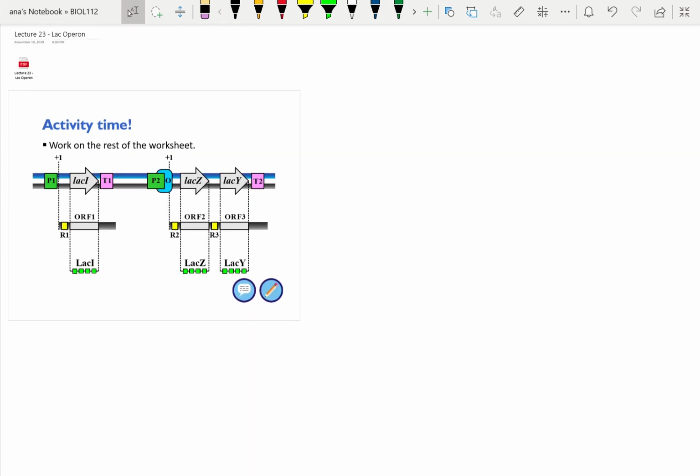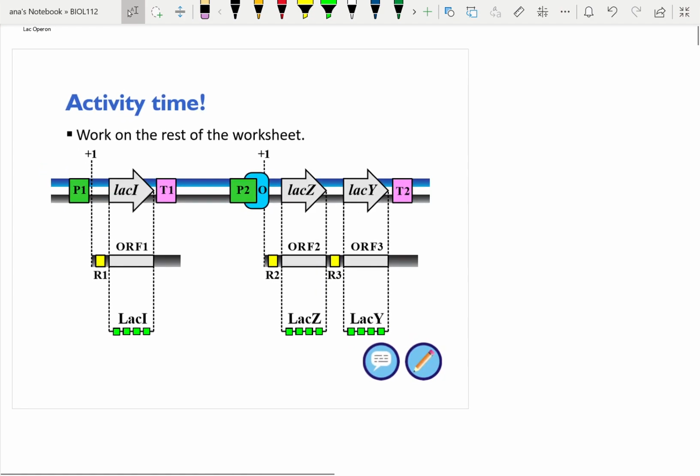Hi everyone, so today we're going to take a little bit of time to look at the lac operon. This is something that we looked at when we were first introducing gene regulation and operons. I'm just going to go through the idea behind the lac operon and how things are regulated, and a couple of mutations that you might want to think about and how that changes the levels of lac-Z or lac-Y